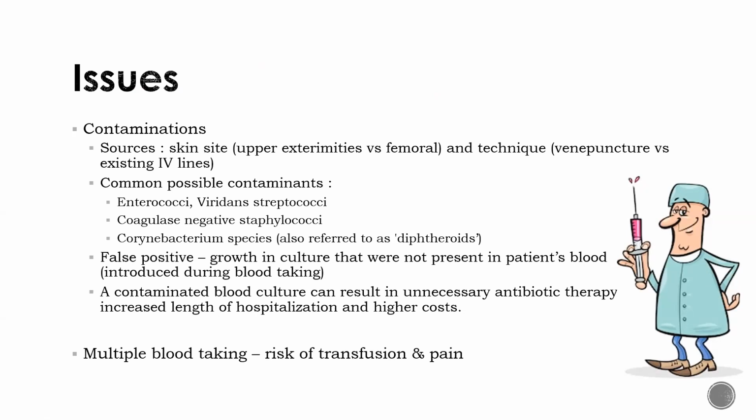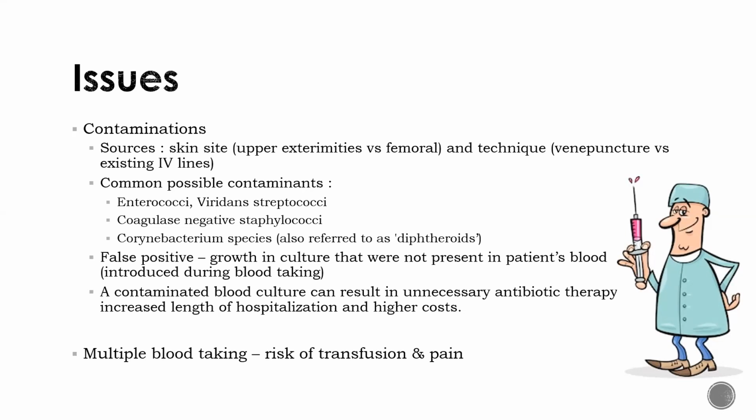So we have to really identify where this contamination comes from, like the source, usually the skin contaminants. So it is preferable that the site of blood sampling should be the upper extremities more than the lower extremities because of contamination. And the technique itself, like venipuncture, is preferred from a different site than the site of the cannulation, or even